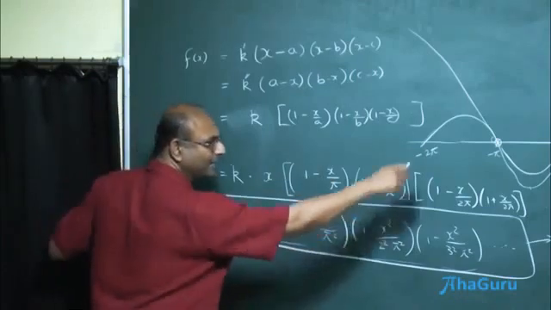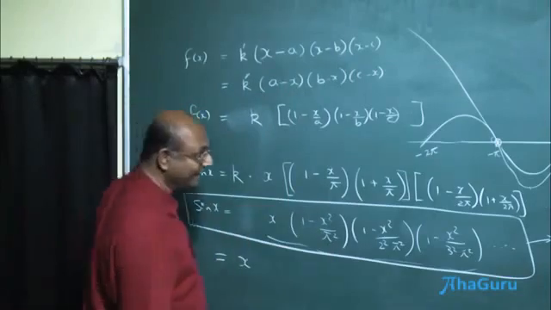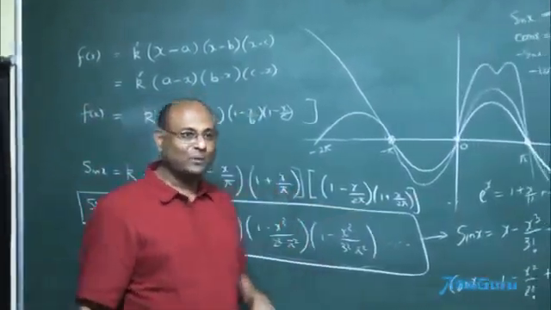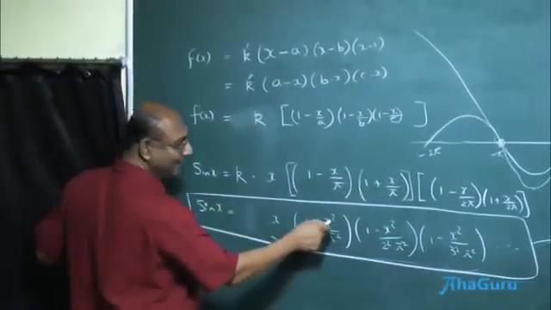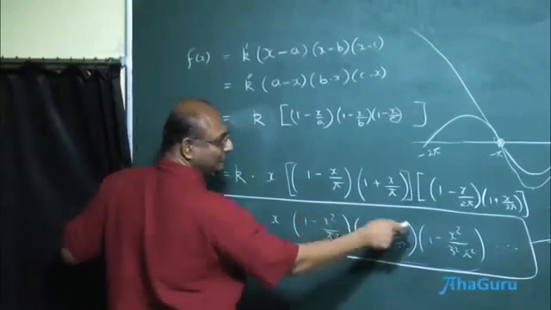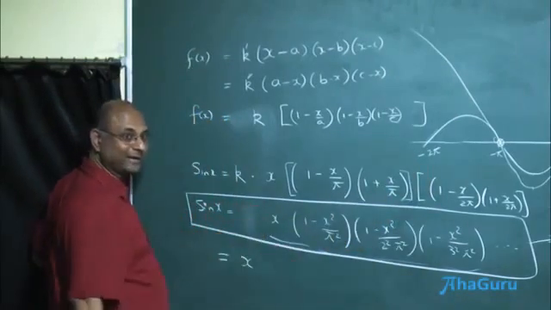x into 1 into 1 into 1, x. So it should match with x there. It does. What about the next term? You will never get an x square term, because I can get an x square from here, but then after that I should take 1, 1, 1, 1, 1, and I'll anyway multiply by x. So what is the next term that you will get?